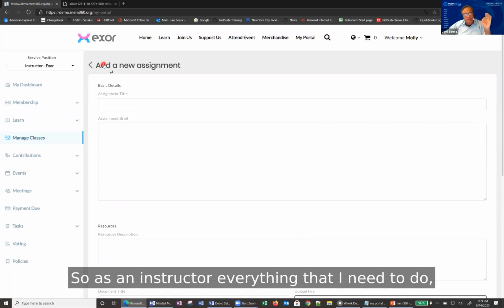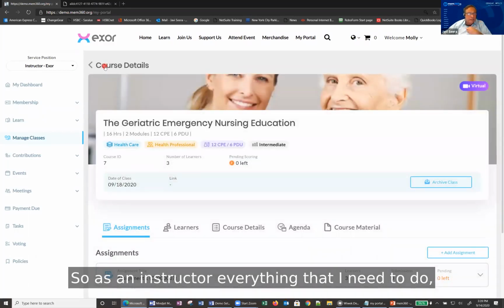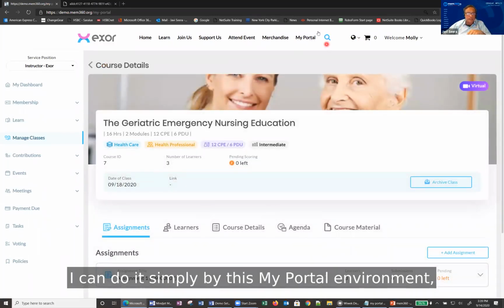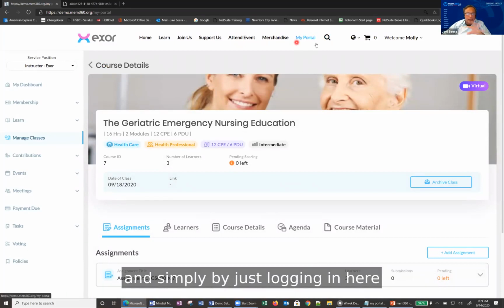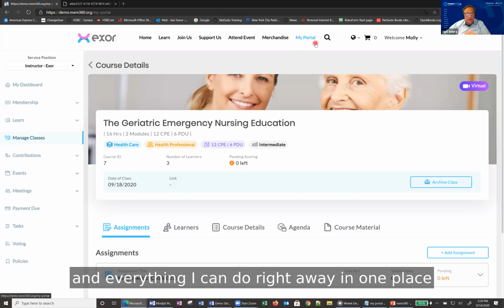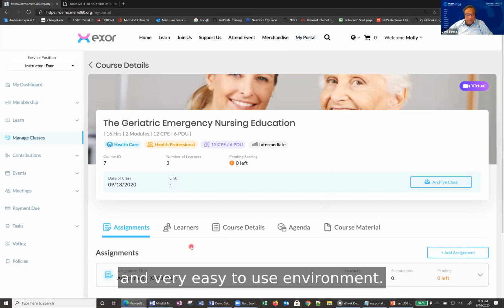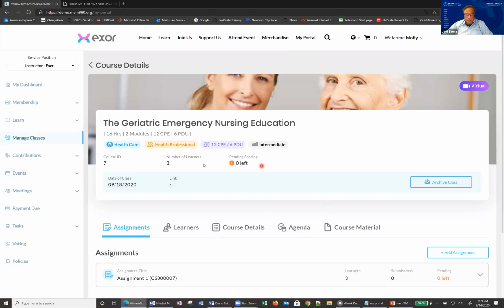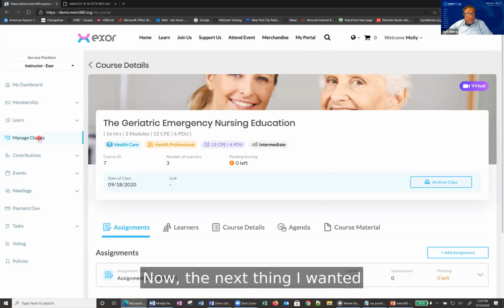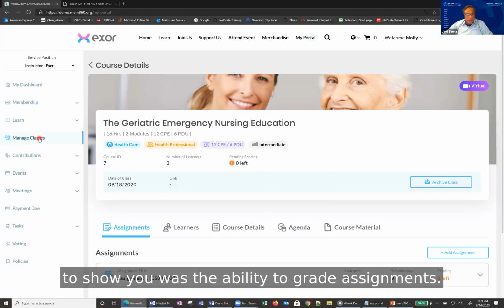So as an instructor, everything that I need to do, I can do simply in this My Portal environment, simply by logging in here, and everything I can do right away in one place, in a very easy to use environment. Now, the next thing I wanted to show you was the ability to grade assignments.